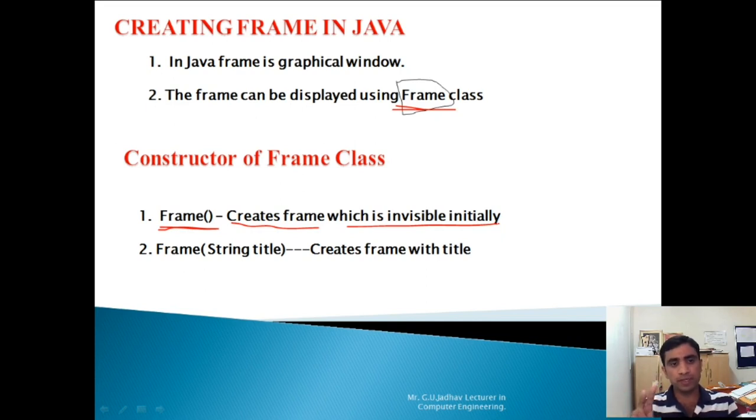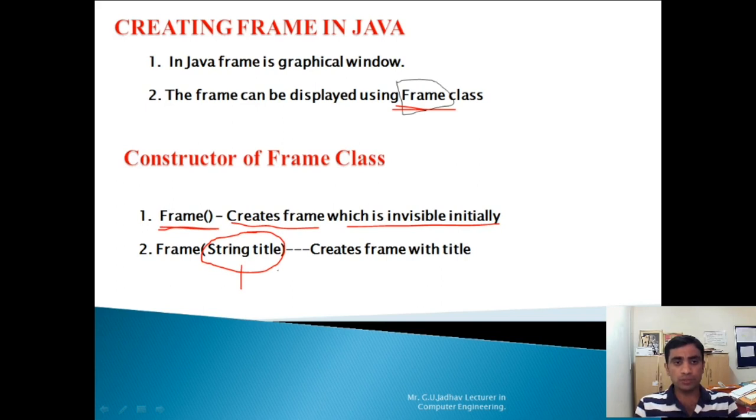The second constructor is Frame with a String title in brackets. This is the parameter of the second constructor. What is the meaning of this String title?